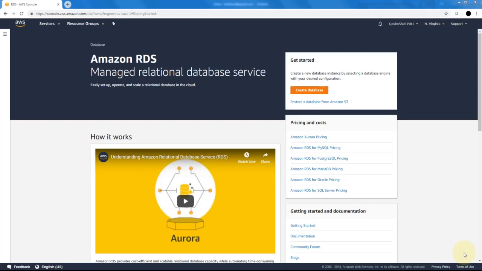There are multiple databases that are supported by the RDS service. You can see them listed here, such as MySQL, PostgreSQL, MariaDB, Oracle, or the MS SQL Server. So what we're going to be doing is creating a database instance for MySQL in this demonstration. So I've already navigated to the RDS service through